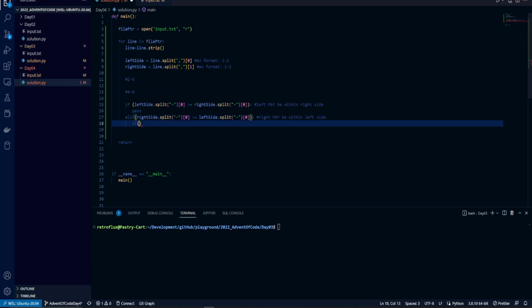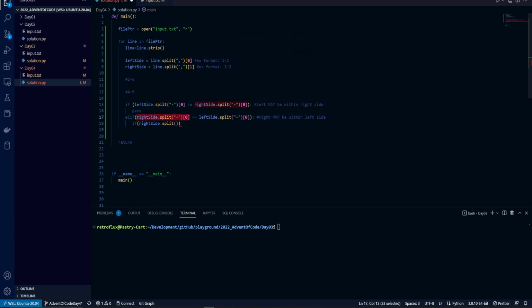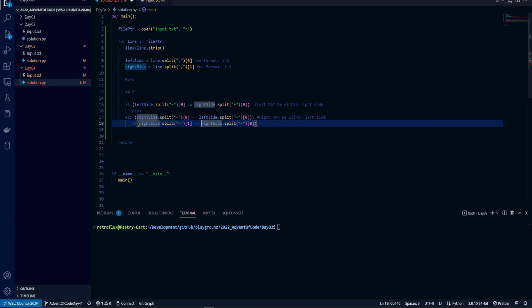So now we're talking about the right side, so we'll say if right side dot split. You know what, let's just copy this line because we're going to be using this a lot in some sort of variation. Right side dot split, flip this to the 1, so now we're checking the right bound. If that is less than or equal to left side, let's flip that, and then left side dot split